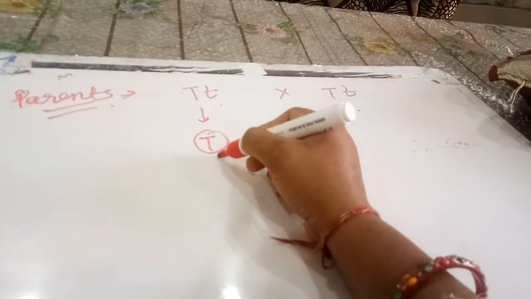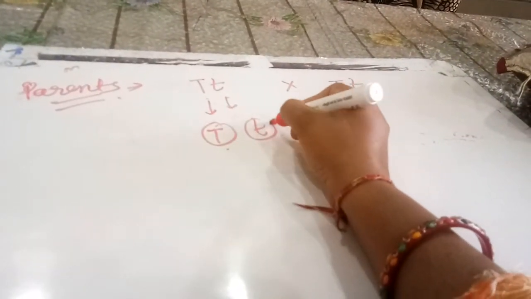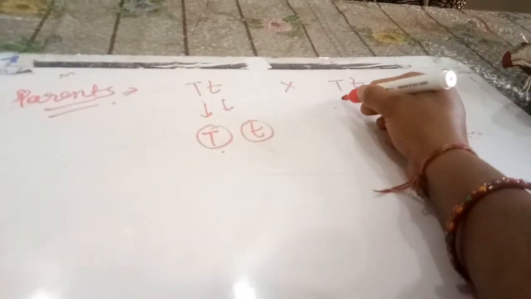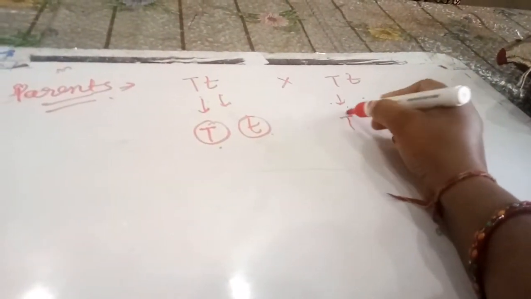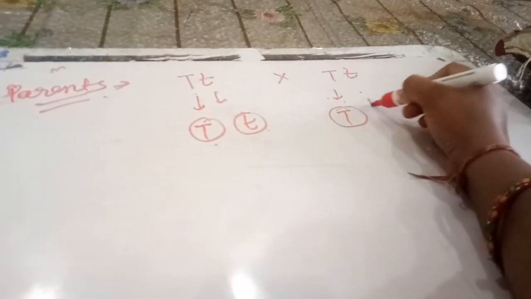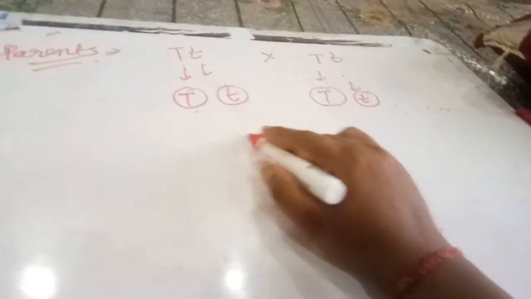This gamete contains the tall allele. This gamete contains the dwarf allele. This gamete contains the tall allele. This gamete contains the dwarf allele. After the crossing,